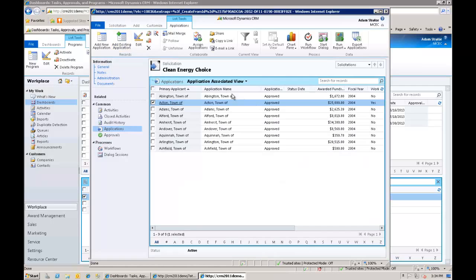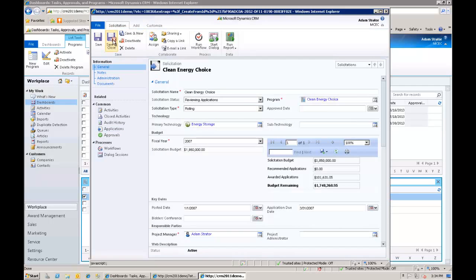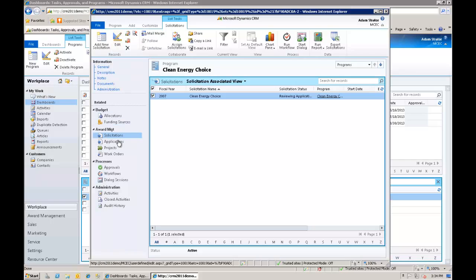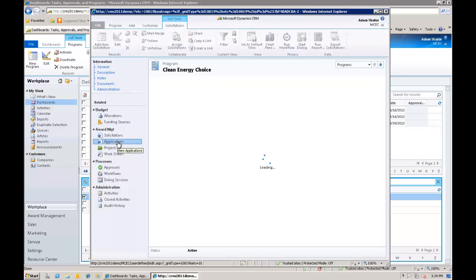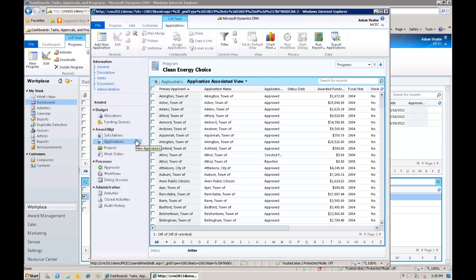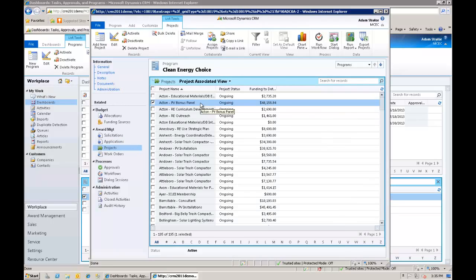We can look at the applications specific to each solicitation, or we can also review them at the grant level itself. So this would be a list of all applications for this entire grant. Once we have approved applications, those will automatically create both projects and work orders. Projects will be the specific projects defining milestones and metrics and other types of activities that we want to be